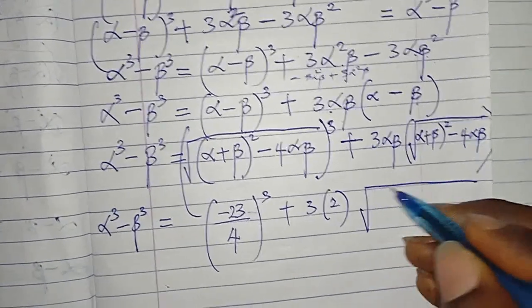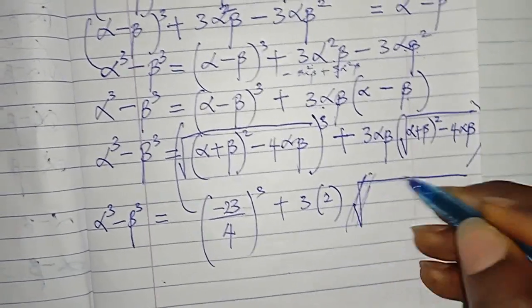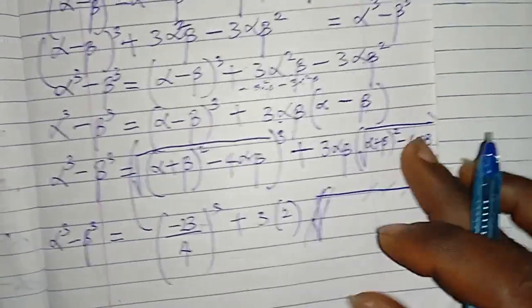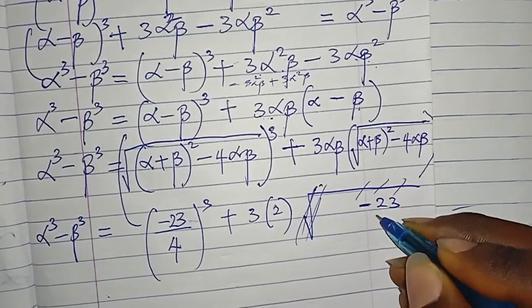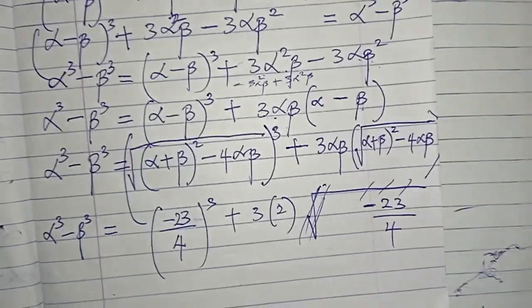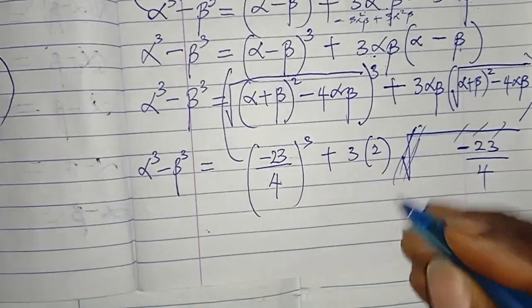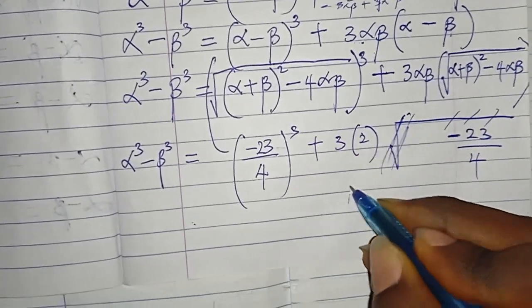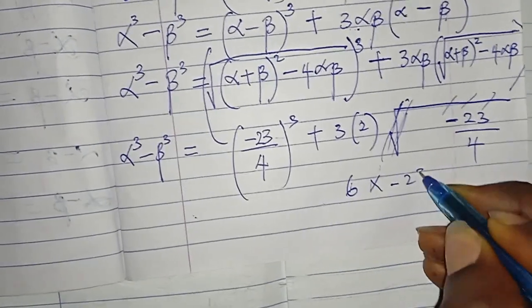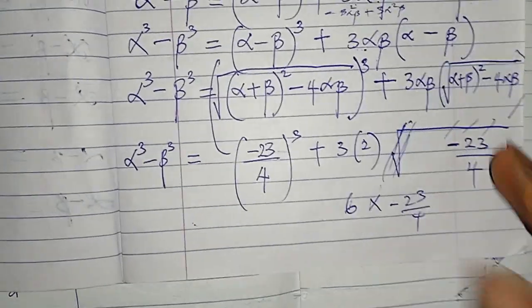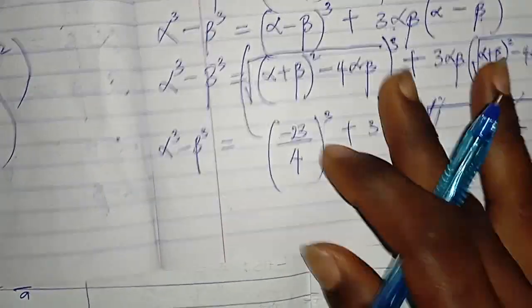There's no need putting this because I know what alpha minus beta is. Alpha minus beta is the same thing as minus 23 over 4. So you can do it. If you do this, 3 times 2 is 6. So 6 times minus 23 over 4 plus